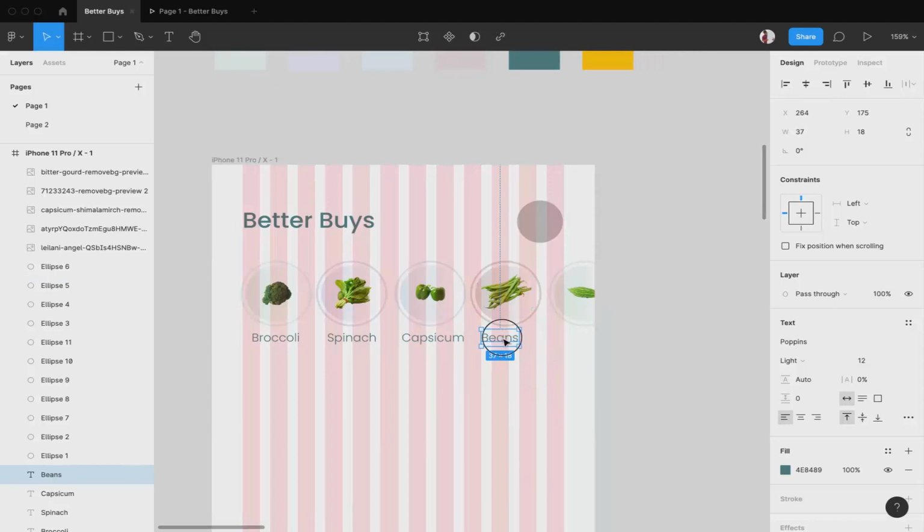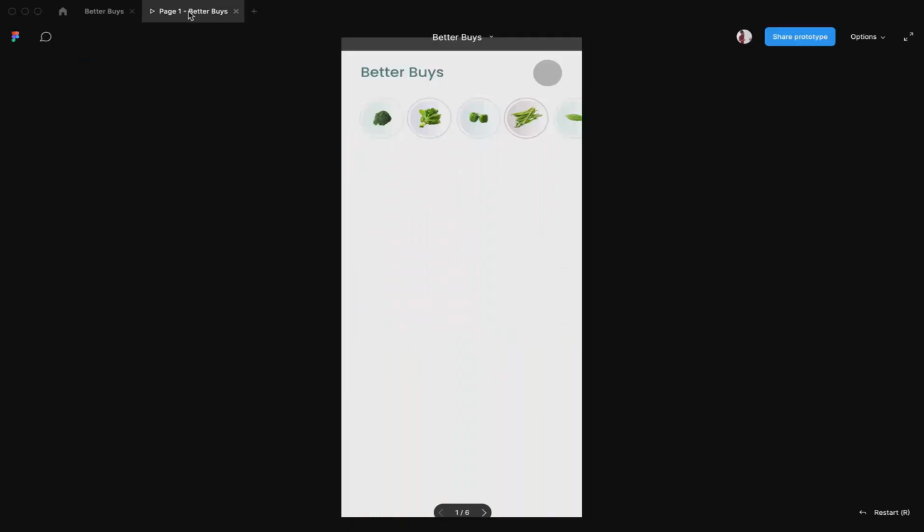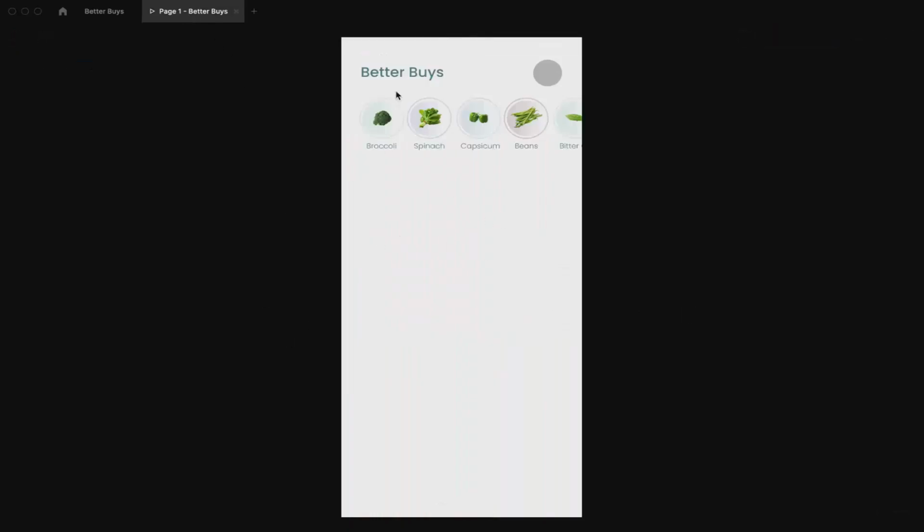Beans. Okay, and the last one but not the least is bitter gourd. Now if this is not visible over here, you can check the spelling over here. Also, since you are designing, lorem ipsum would have also solved the case. Okay, so now we have the names over here. So I think the items look fine for now.